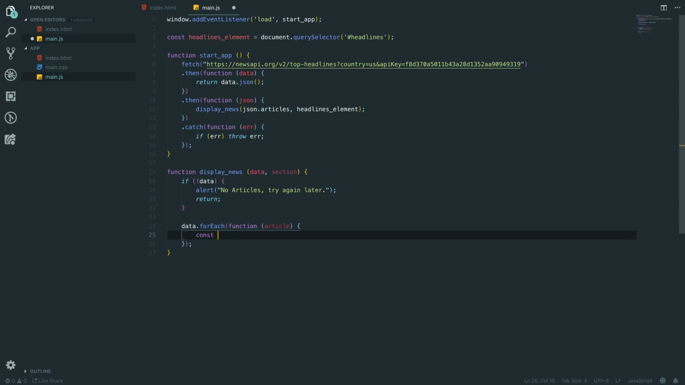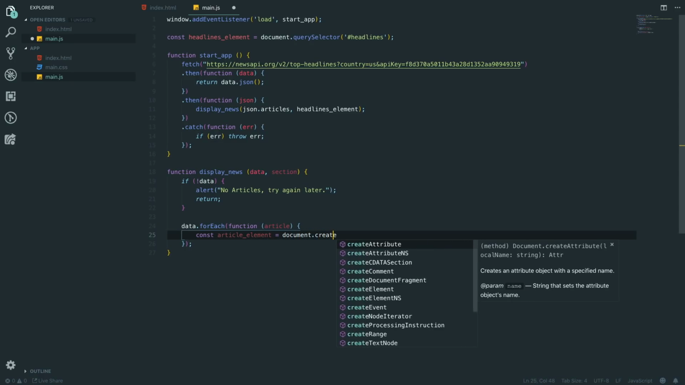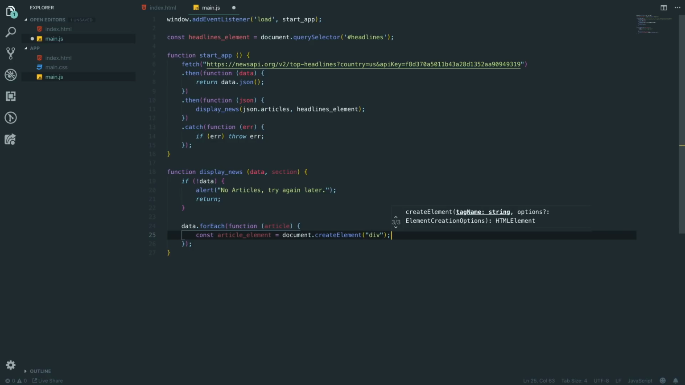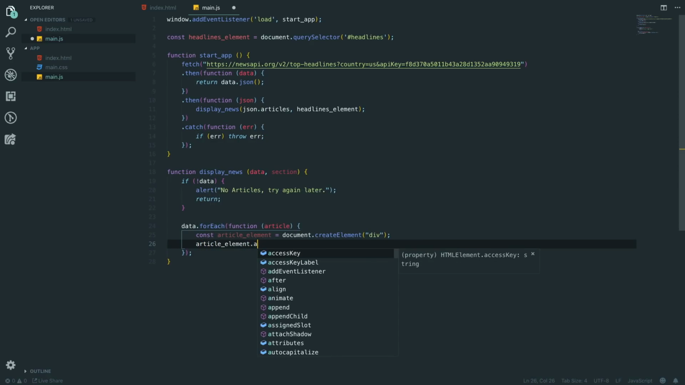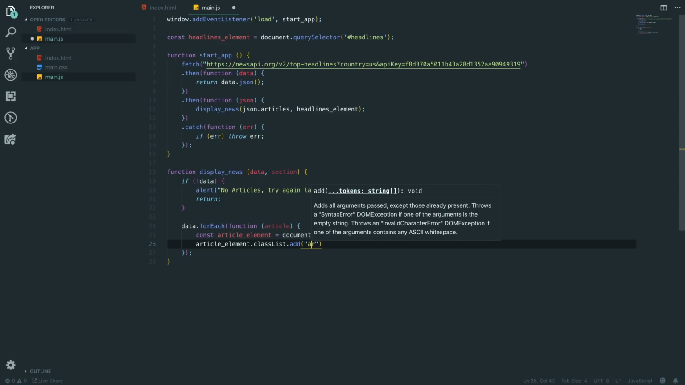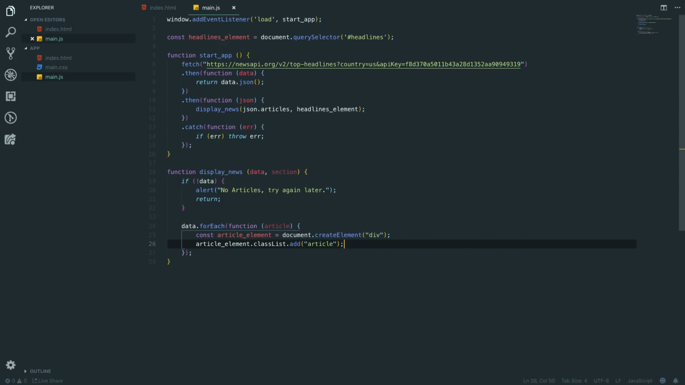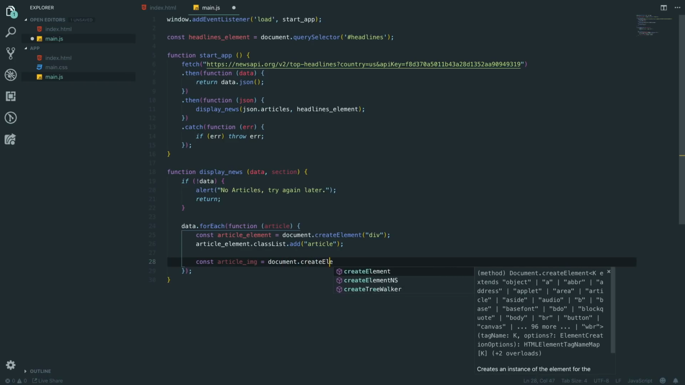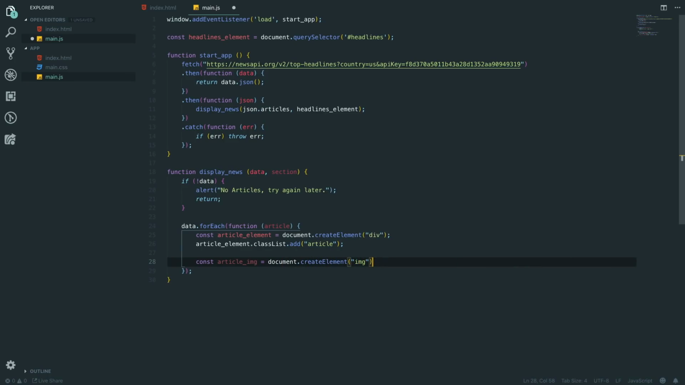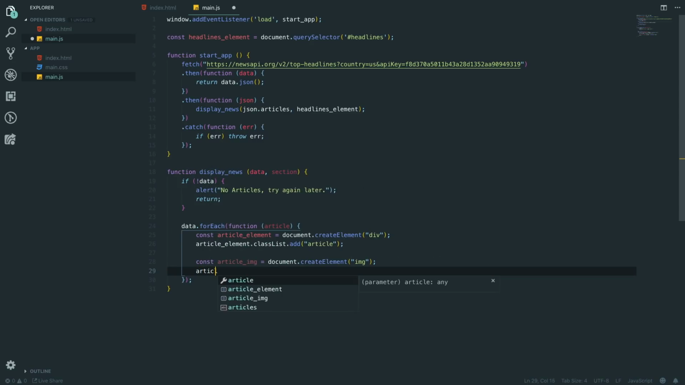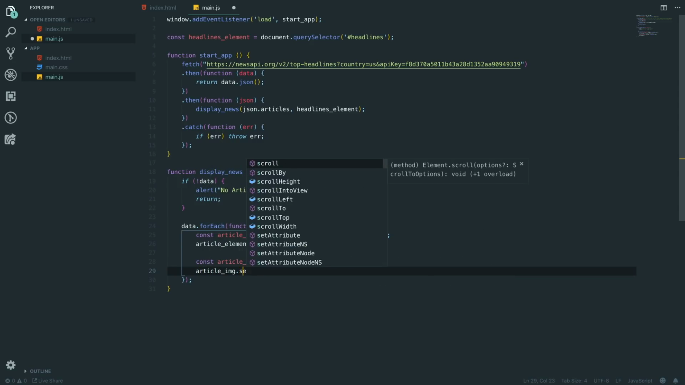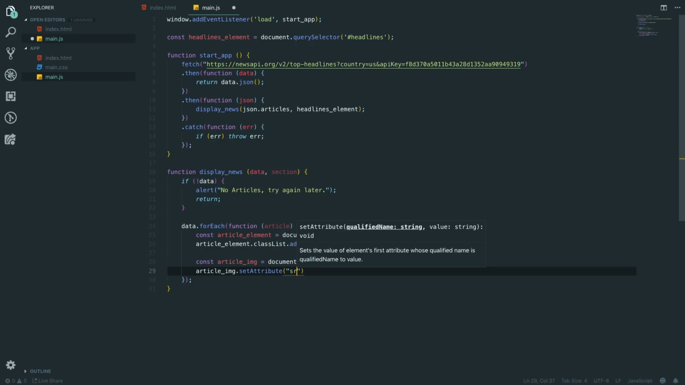So in here, we're going to create a new element called the articleElement, and we're going to set this equal to document.createElement, and this could be a div. We're going to say articleElement.classList.add, and we're going to add the article class to it. We're then going to have the articleImage, which is going to be equal to document.createElement, and it's going to be called image. And then we're going to say articleImage.setAttribute, and we're going to set the source of the image to be the